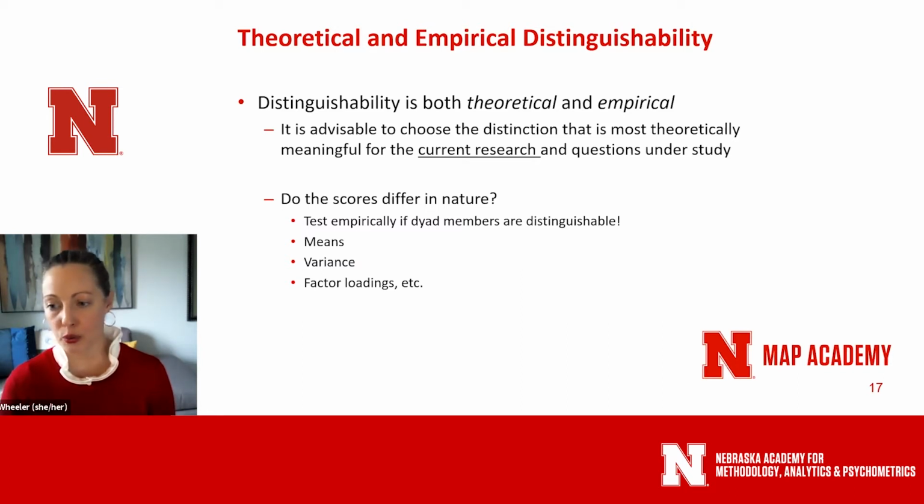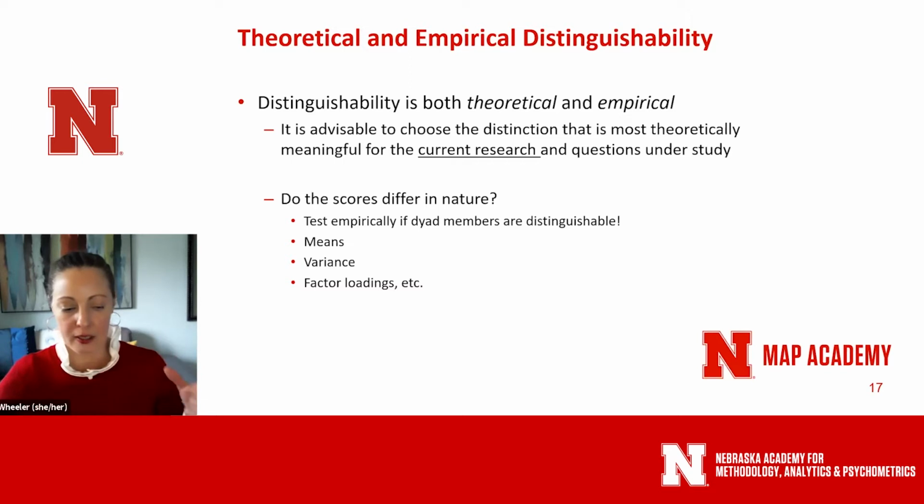So who is older within the couple, and maybe you're not even thinking of age. So I think if you can think of these factors and theoretically come up with reasons why you might think they matter and then go about testing them, then I think that's a stronger way of proceeding in relation to distinguishability. When you're creating the indices that I'm going to be talking about, really this matters in how